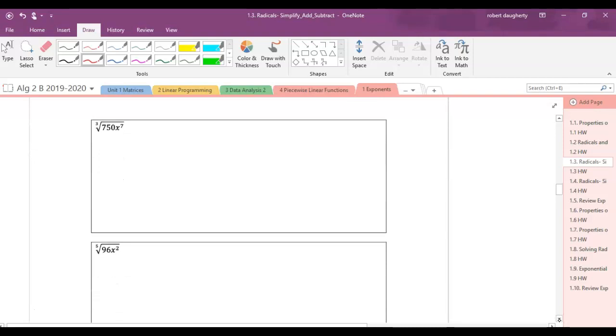The cube root of 750x to the 7th. So 750. I know it's divisible by 2. So that gives me what? That's 375. That's divisible by 5. And that will go into there 75 times, divisible by 5. 25 divisible by 5. So it looks like this is going to be